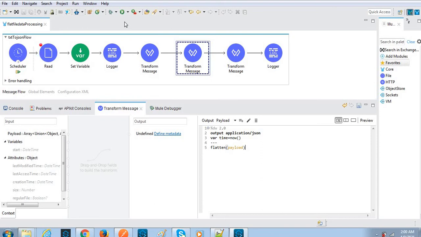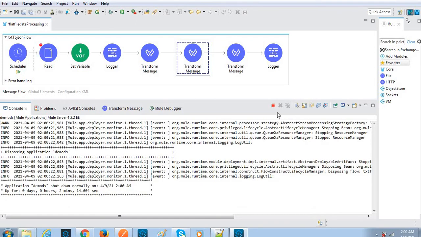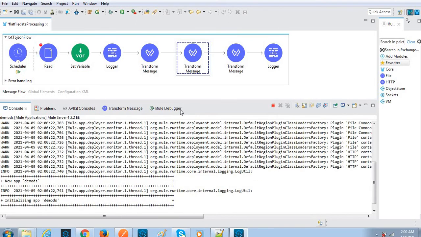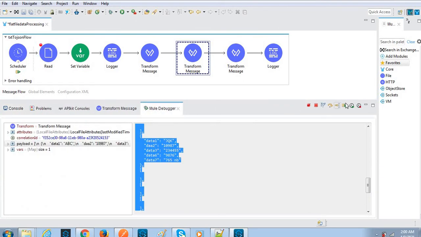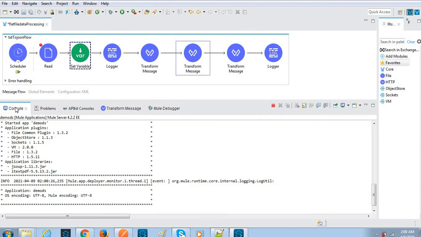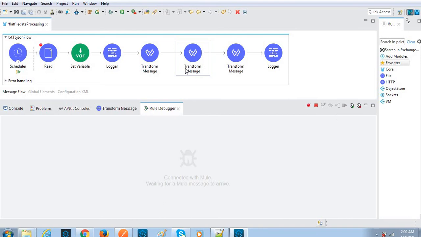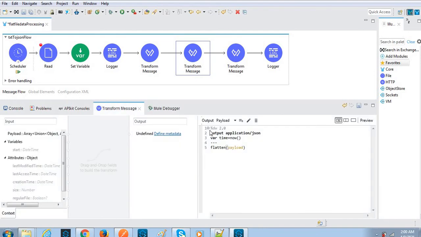So I apply the flatten. It failed here. Why did it fail?